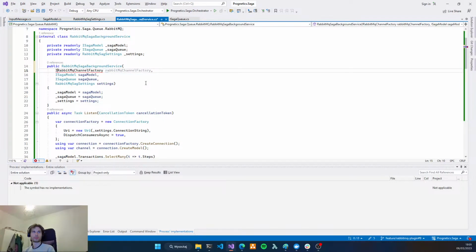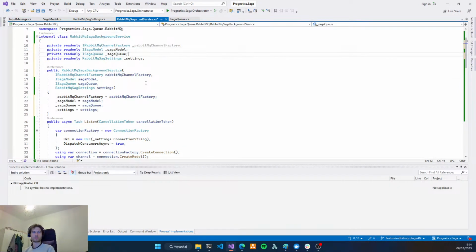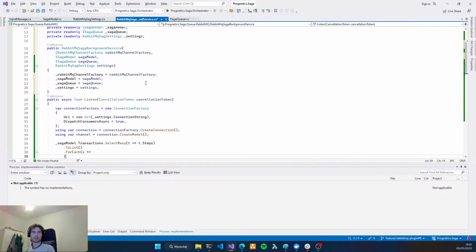Generate type, and let's see the channel factory.